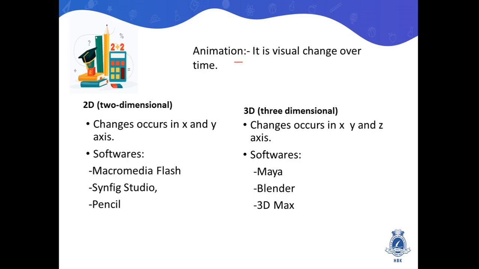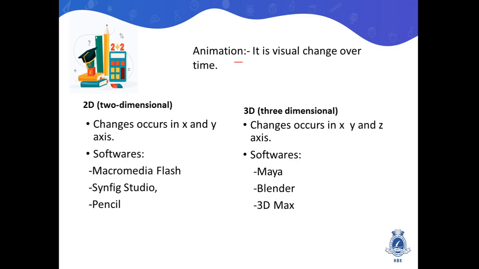So they have changes in the x and y axis, meaning width and length, that we call a two dimensional software. Every surface which is visualized in two dimensions has a width and length, that we call two dimensional. Some examples are your blackboard of the classroom and your textbook page. These all are 2D surfaces, meaning we only visualize two sides of the object. So we call it 2D animation.